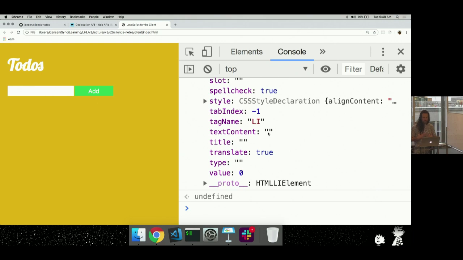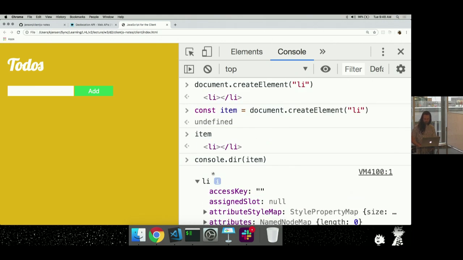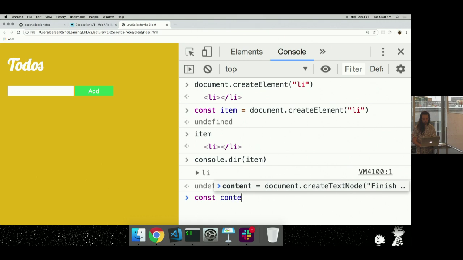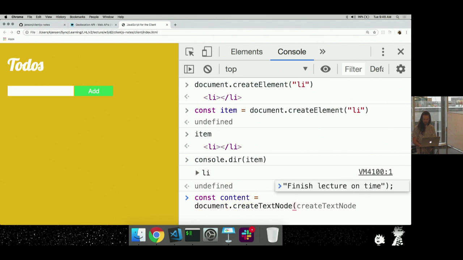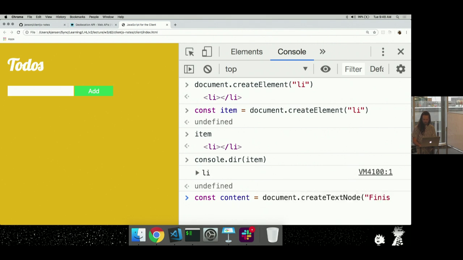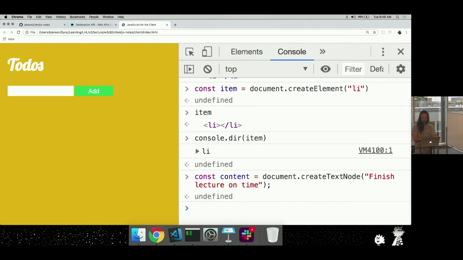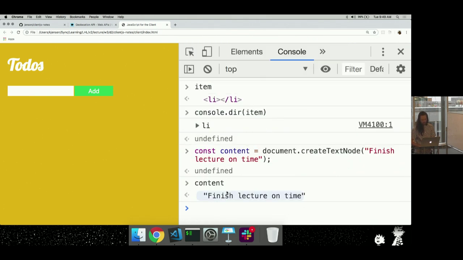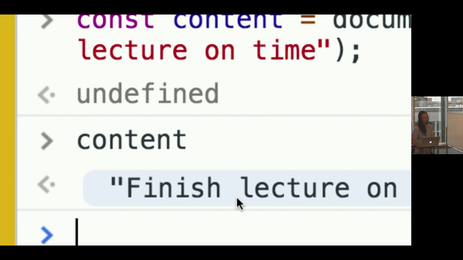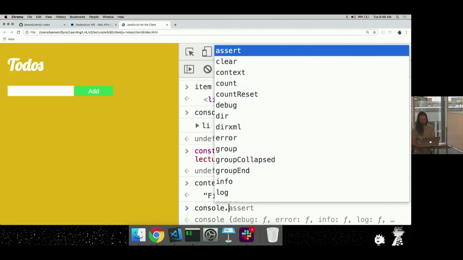So that's what's right here, this text content. Okay, so let's try and get some text into this node. We'll do that by creating a new variable called content and taking the return value of document.createTextNode, and we'll say finish lecture on time. There, that works. Okay, so I just created a new text node. Here's my text node, and when it toStrings, I get finish lecture on time. But if I console.dir it,